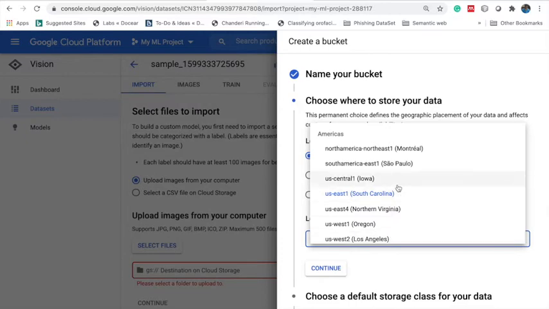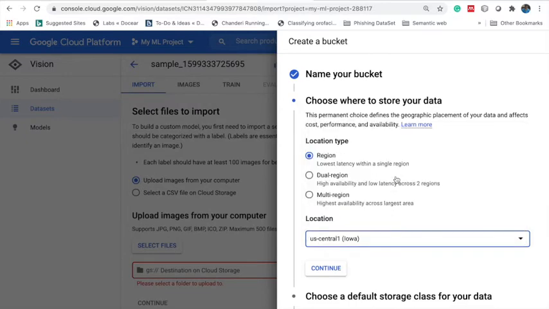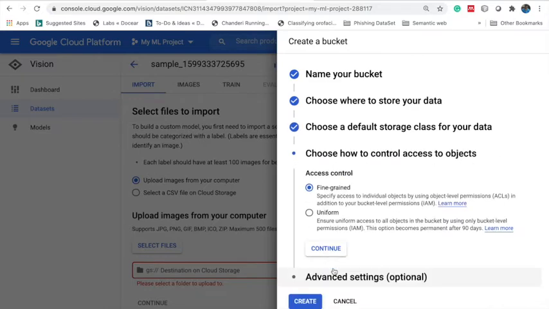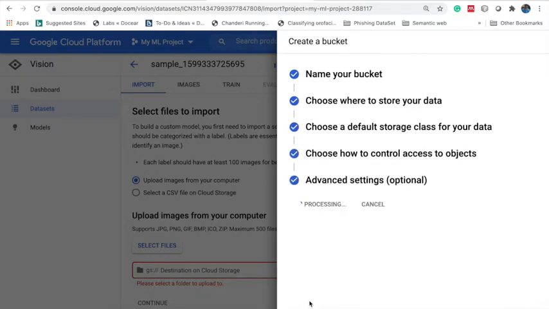So I'm going to select the region as US Central 1. Click continue. So the default storage class, I'm taking it as standard. Click continue and create the bucket.